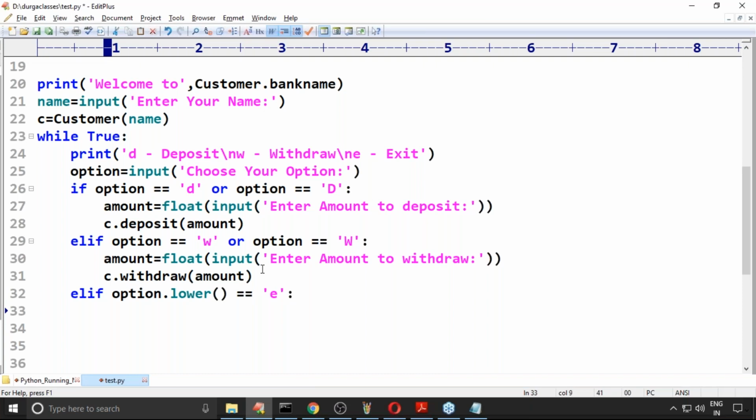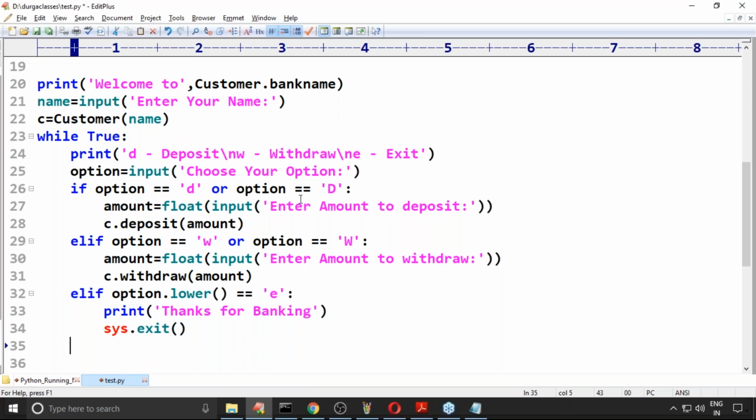No problem at all. Now if the option is equal to E, you are not required to continue. So just exit. Print 'Thanks for banking'. Next, exit. I can use sys.exit. Correct, right? Now it is going to exit.